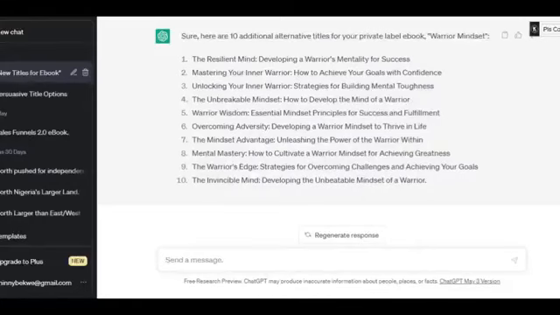For now, I'm going to show you how to generate a name that will match the kind of book you have written, or the kind of book you just got from sites like IDPLR. I'm going to show you now. I'm going to give it another prompt, just like we gave it before. Right now, I'm going to say,